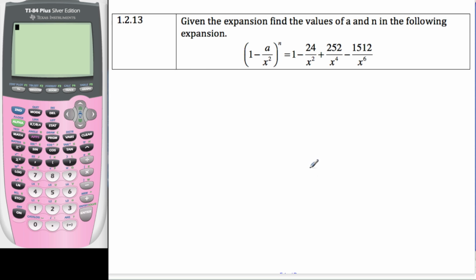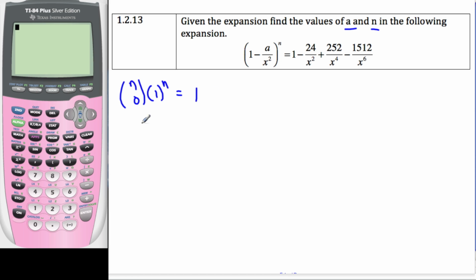Hey, here's question 1.2.13. It says to find the values of a and n in the expansion. It gives us the first four terms for this. So let's start with this. We should know that n choose 0, 1 to the n, and then this piece to the 0,